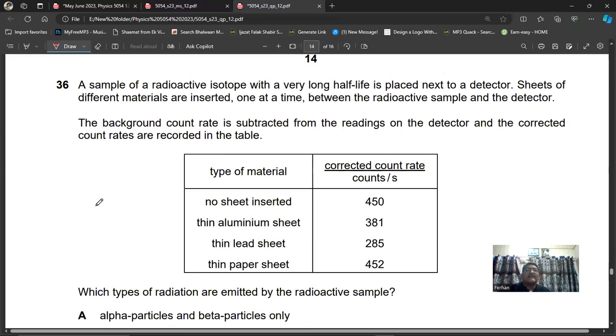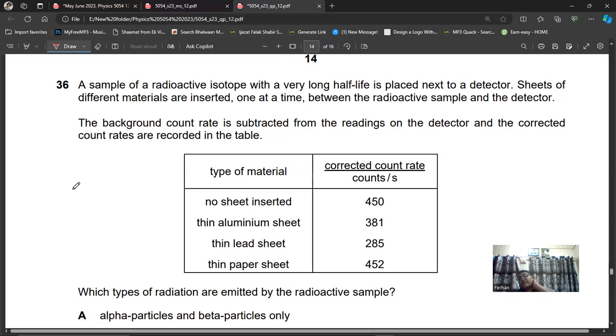Then we have a sample of a radioactive isotope with a very long half-life placed next to a detector. Sheets of different materials are inserted one at a time between the radioactive sample and the detector. The background count rate is subtracted from the readings on the detector, and the corrected count rates are recorded in the